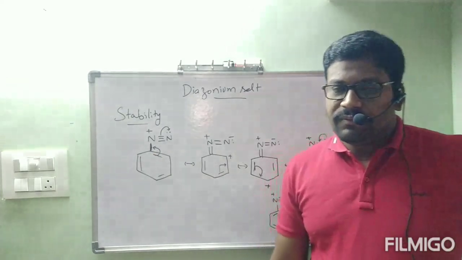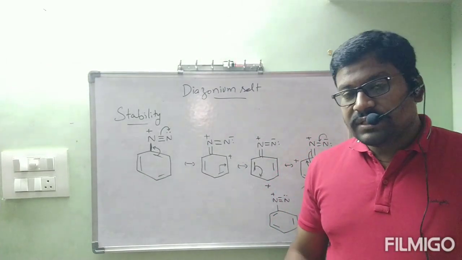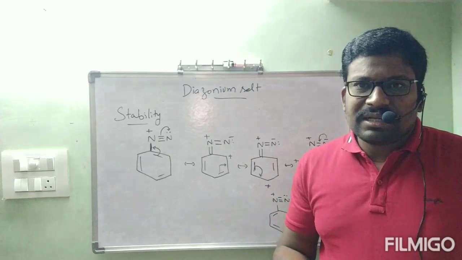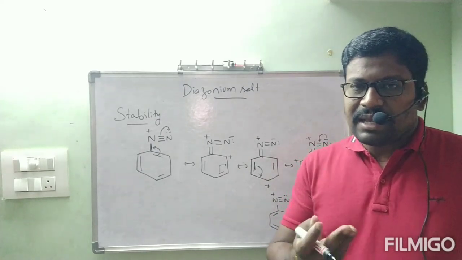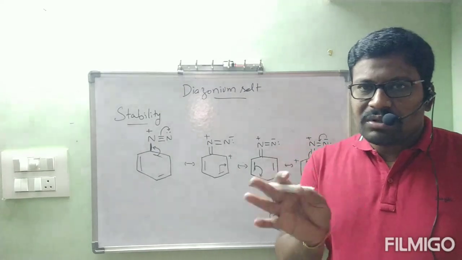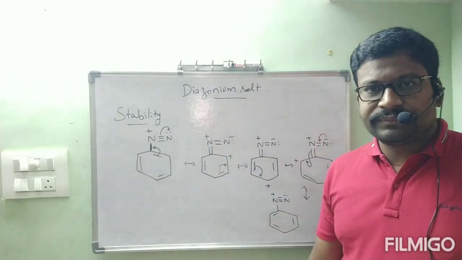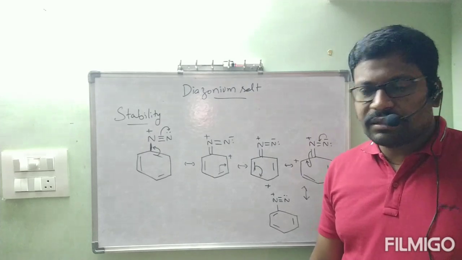Next we will go through chemical properties. Before that, physical properties are there, very few. If you read that, you will understand. Same like amines physical properties. Both at a time we will see. First, this is stability, we will go through preparation now. Shall we go through preparation? Next.